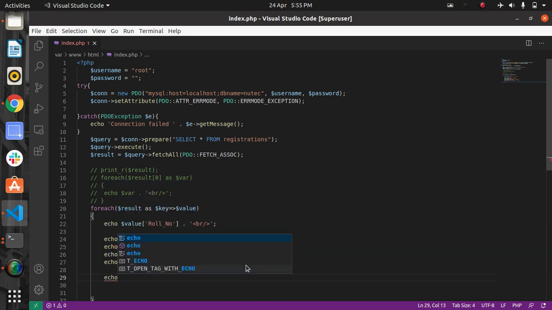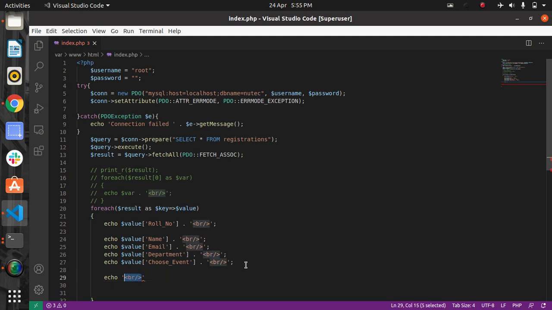Let's do echo, and here a line break, br. Let's do this line break again and again, to get some attractive output.